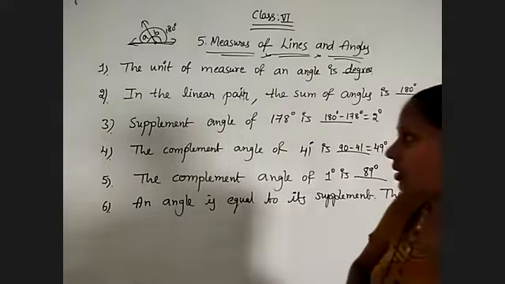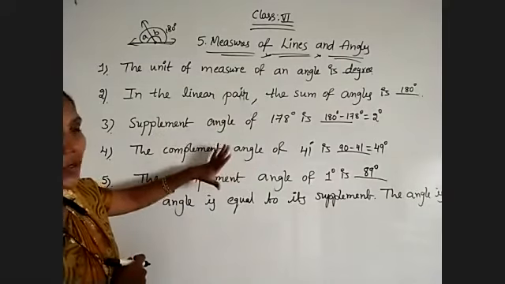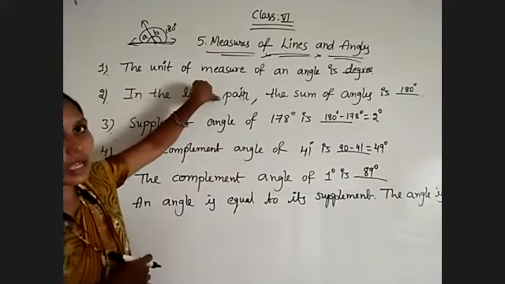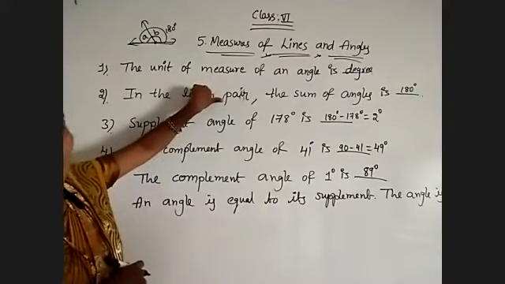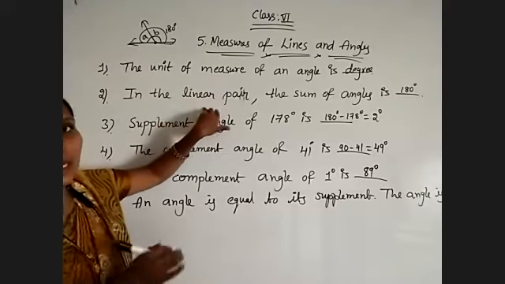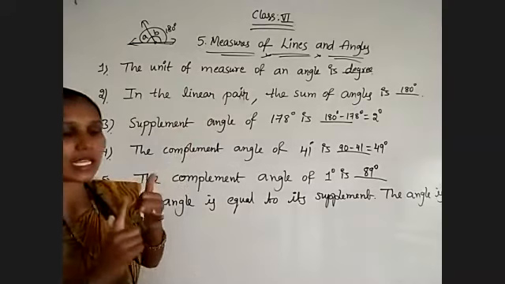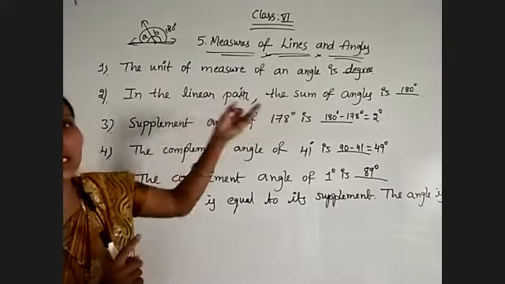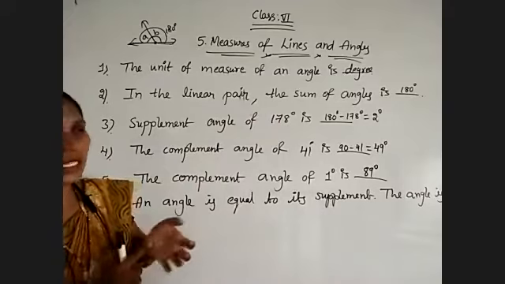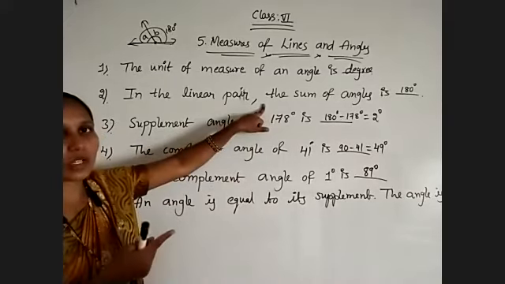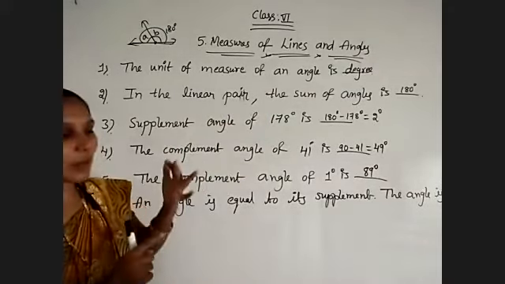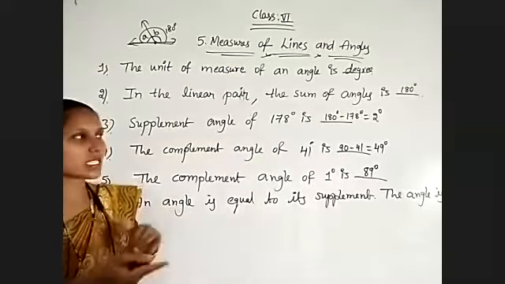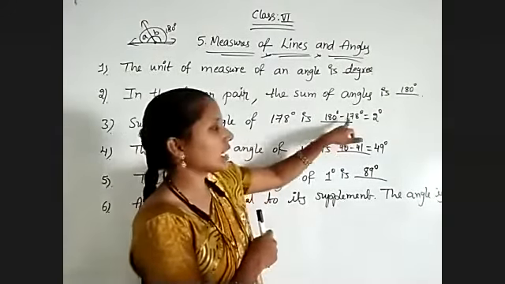Okay, so once again, observe the questions. These points we finished yesterday only. That's why I am directly giving the questions. So now observe the first question. Angles are always measured in degrees, and the instrument we use to measure angles is the protractor. Secondly, in a linear pair, the angles must be adjacent as well as supplementary, so the sum of the angles is equal to 180 degrees. Now the supplement of 178: the supplement of any angle is given by 180 minus x. So here, 180 minus 178.